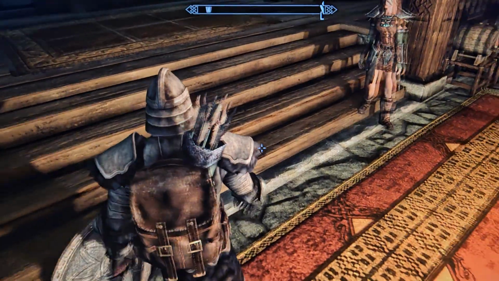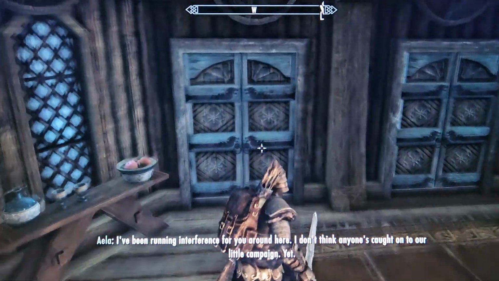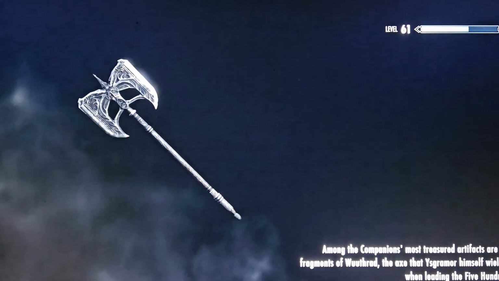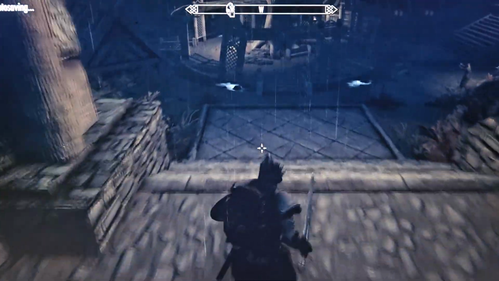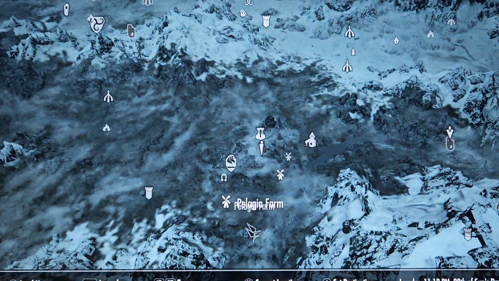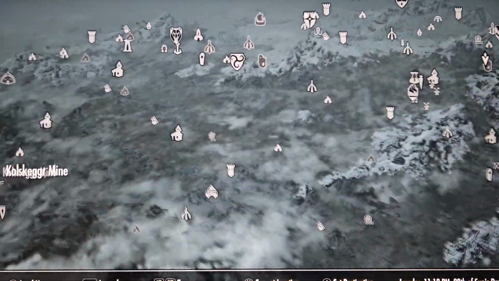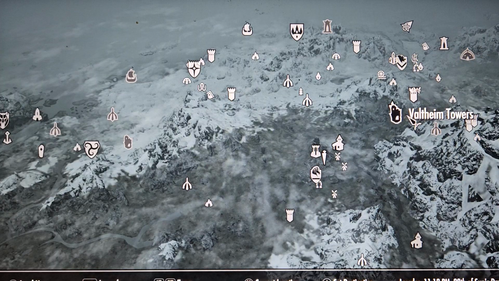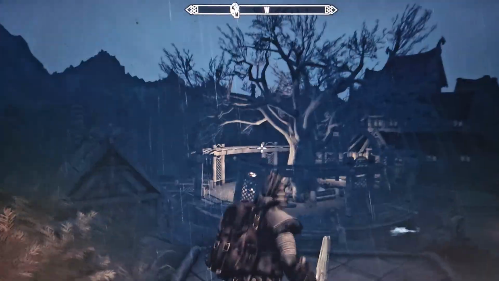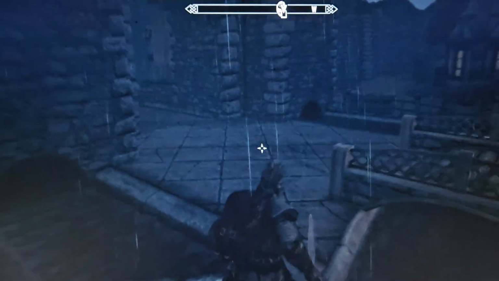We are here again, and we're going to go ahead and finish what we just started, striking the heart. So we got to go assassinate the Silverhand leader. Where's he hiding at? Oh, there we go. Wolfine Towers. Usually it's not a very hard one to find, but we do got to do them, so